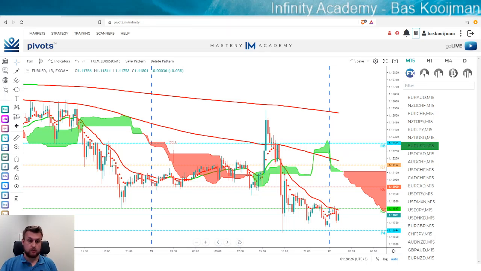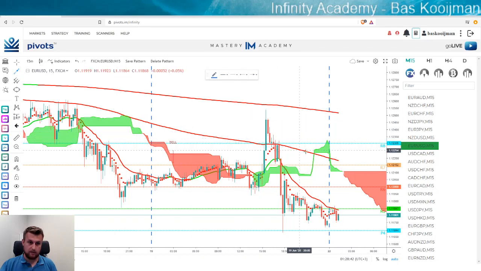So I'm going to show you guys the 5 different options to go out of a trade that doesn't go your direction. And I chose the Euro USD 15 minutes with the 1 hour confirmation trend line as a downtrend,